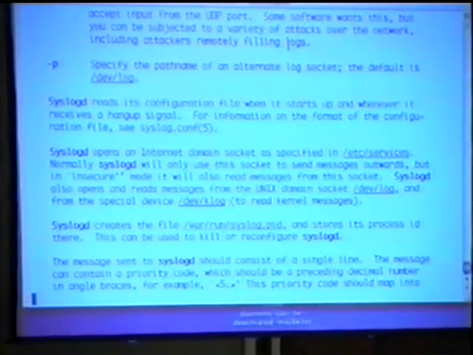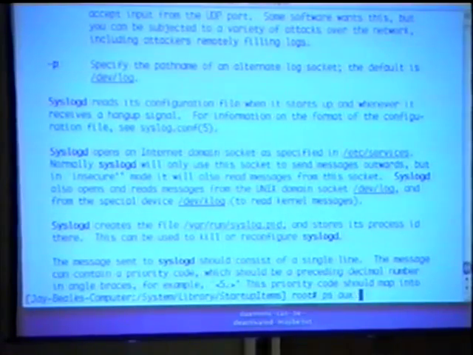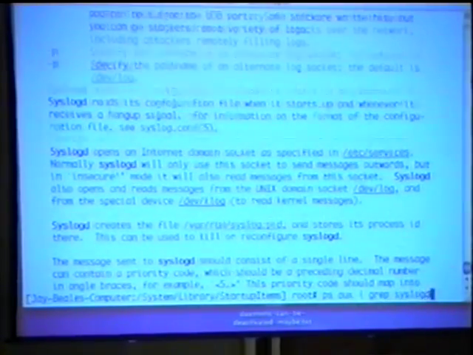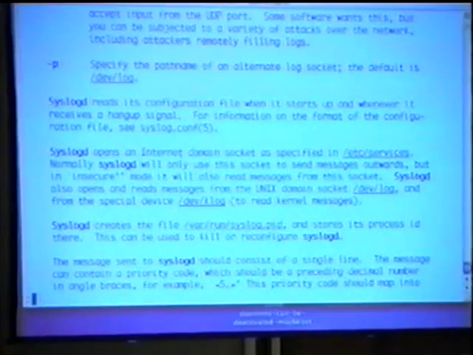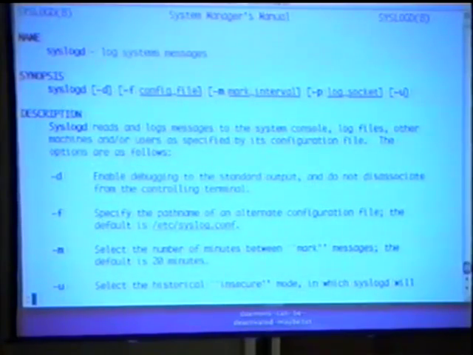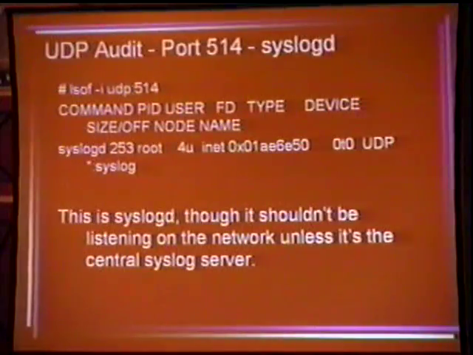As somebody who's responsible, I fired up my little logging client, and I started shooting remote logs at it. I couldn't get this thing to actually take any remote logs. And why can't it? Well, if I look at that syslogd that's running, it's not running with -u. But what did the man page say? Somewhere on here, it says -u is non-default. You have to specify -u to get this to listen on the network. So the man page tells me I have to run -u to listen on the network, and it's not running -u. It does seem to be listening on the network, but I can't get it to take any logs.